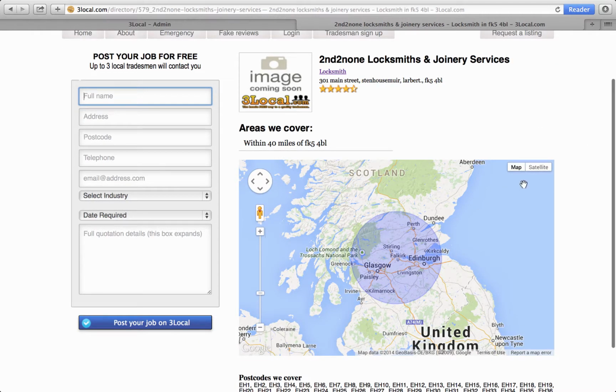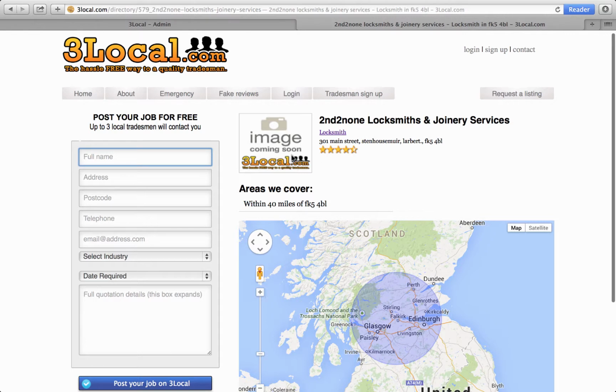So that just sits like that. But then if we go up and look at their locksmiths, if we look at their title tags that appear in Google, which you can see up here, it's "second to none, locksmith and joinery services," and then it says "locksmith in FK5 for Bravo Lima." So if they were to change that, because not many people search by postcode, to within the system here,